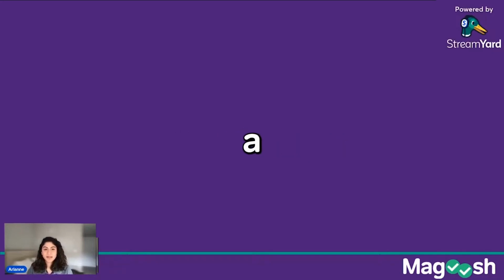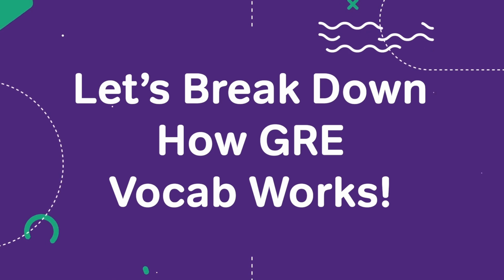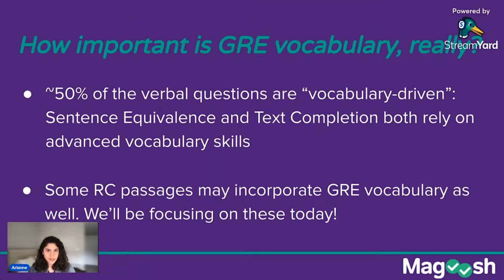Learning vocabulary is still a very important skill for the GRE. I just wanted to touch base on vocabulary because yes, there's nuance in the vocabulary and context questions because they're not just pure vocabulary, whether you know the definition or not. That's why we can use strategy here, right? But I do want to emphasize that learning vocabulary is still a very important skill for the GRE, for the